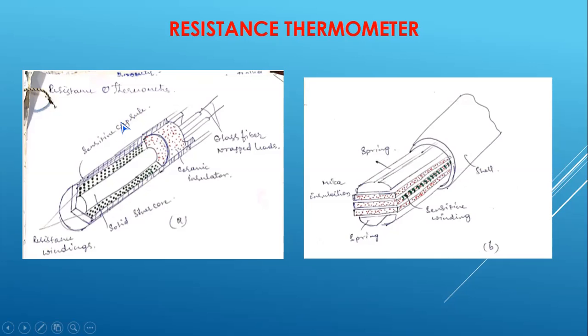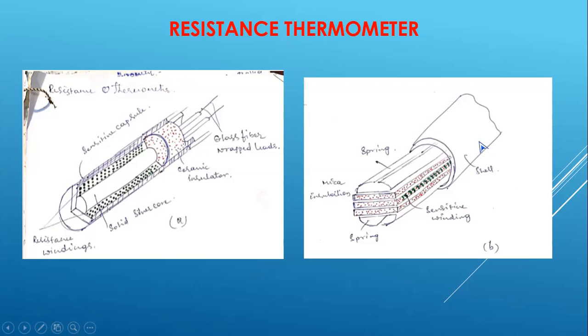The principle of operation of a resistance thermometer is this: the thermometer has a solid silver core which is connected to the stainless steel end flange, and this solid silver core is covered with sensitive copper winding. On the copper winding, you have the ceramic insulator and the two terminals. One comes from the solid silver core and the other from the copper winding, which is connected to the digital indicator, which indicates the temperature in degrees centigrade. This is the principle of operation of the resistance thermometer, which has the solid silver core.